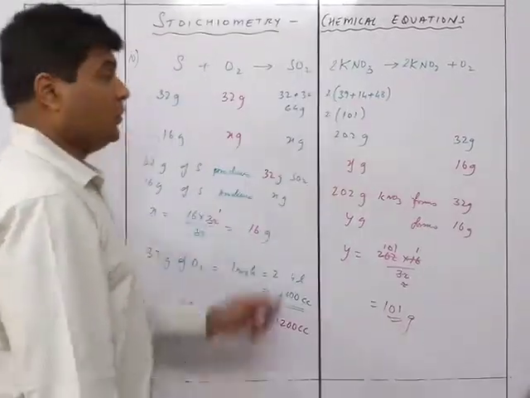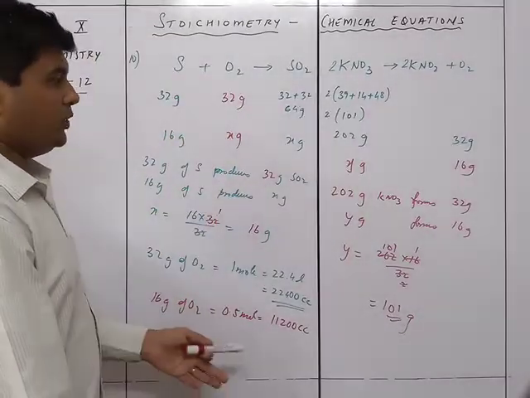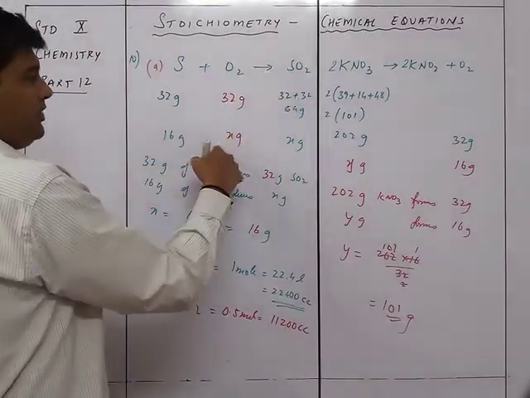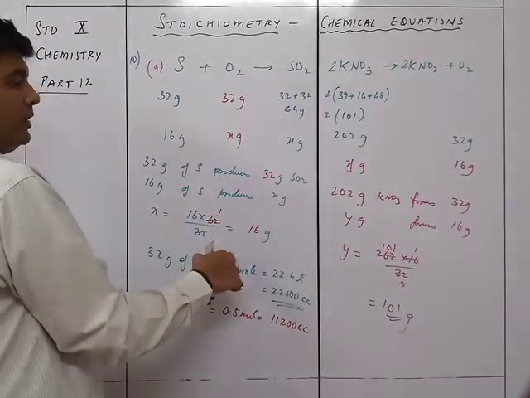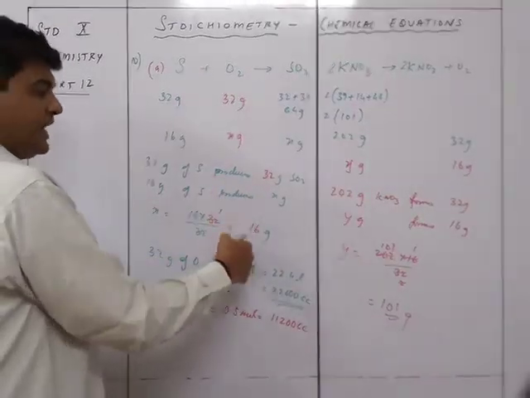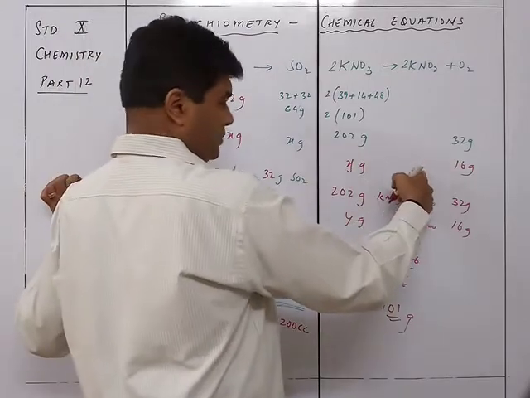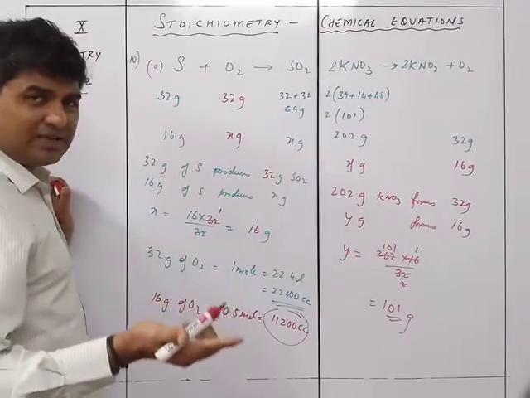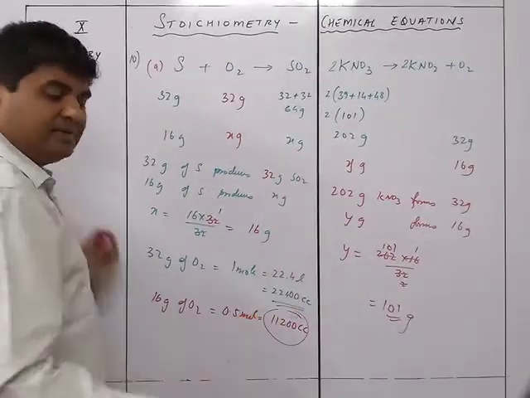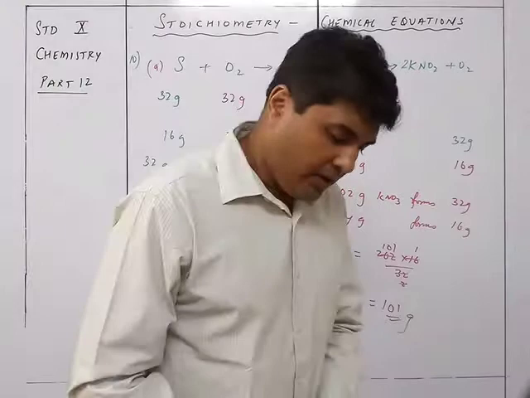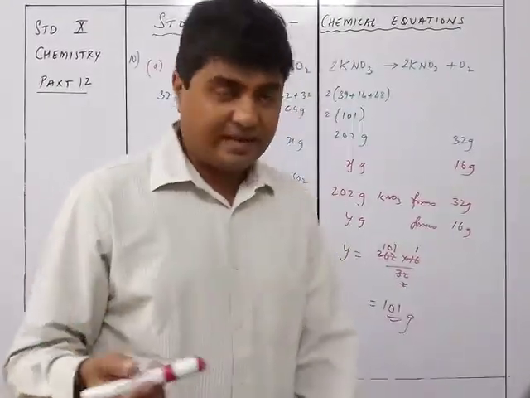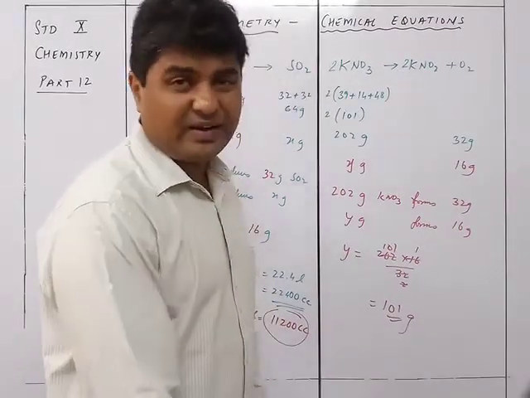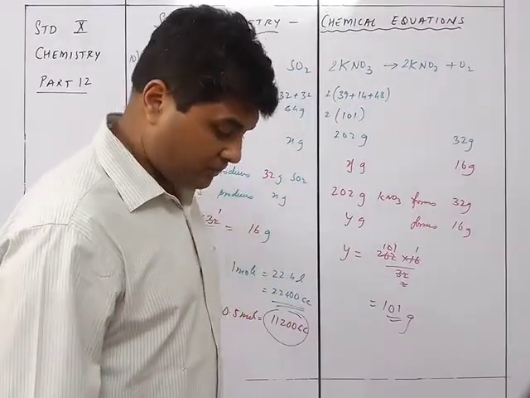Okay. So we wanted oxygen, so we had to take only oxygen. We don't need SO2 at all. This was the first part where S plus O2 gives SO2, giving you a certain amount of oxygen, and you want the same amount of oxygen to be formed in this one also. So this thing is actually not required because they have not asked us. If they had asked what is the value of x, then yes, x is 11200 cc. But if they have not asked you the value of x, then it is just not required at all.